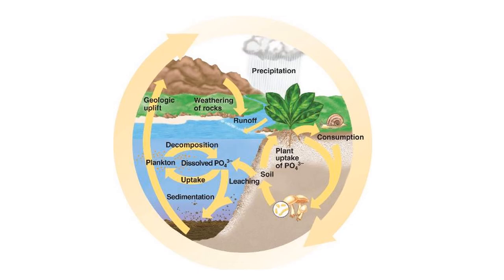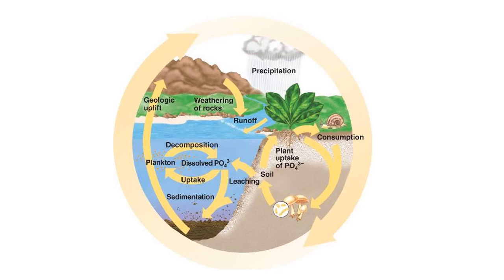So here we have a picture of the phosphorus cycle. We can get it through the consumption or death of plants or animals, which then goes down into these smaller mushrooms that are in the ground, which can then, when that dies, phosphorus will go back up, or it can leach into water. If it leaches into the water, we can get dissolved PO4 uptaken into plankton and then decomposed back into dissolved PO4 or down into sedimentation.